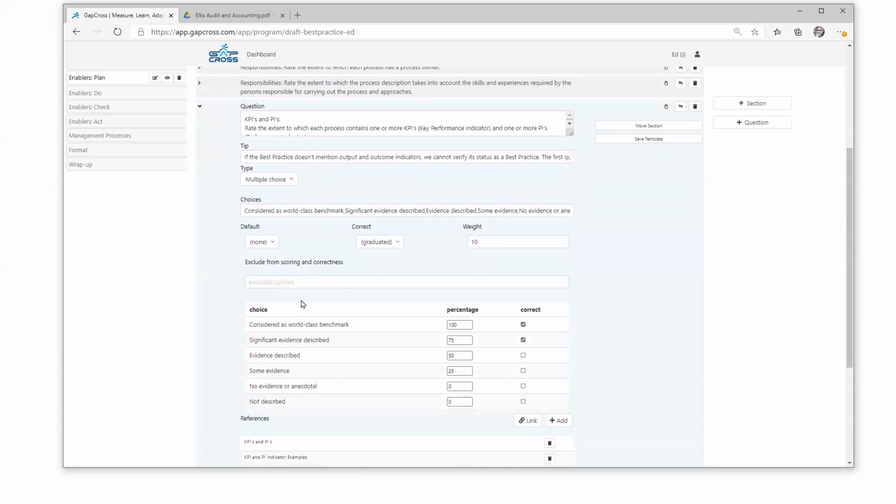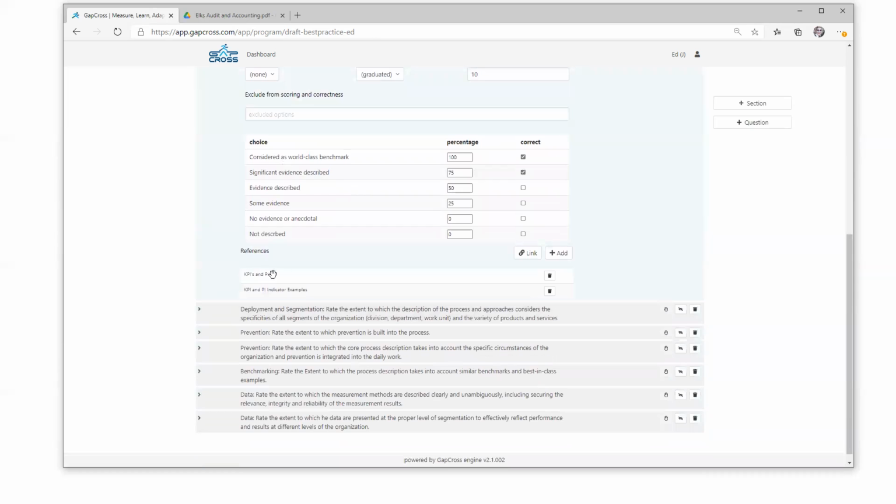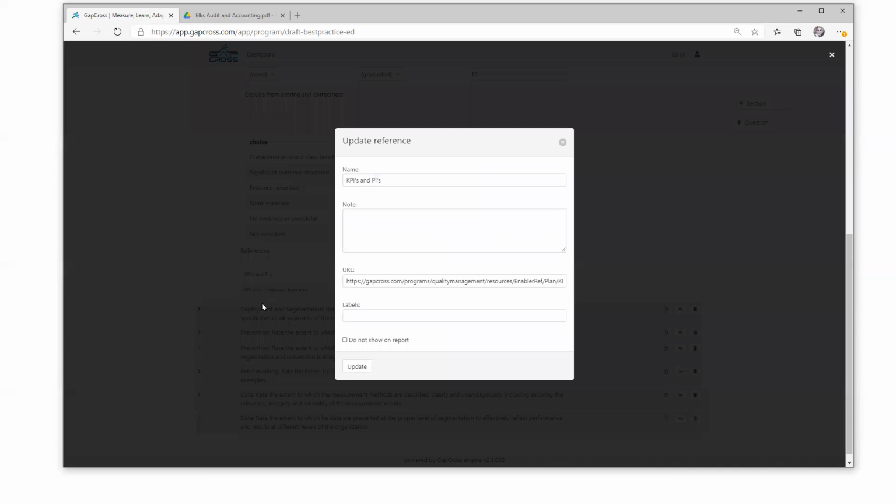Now, I'm in the authoring tool right now where these audits can be built up. So here's the question. If I change the words in the question right here and jump back out and start an assessment or audit based off of this, it's instantly updated. I can put in tips that will show up that help a user understand how do I go about answering this question. So these are short tips. If you have larger information, then you add them in as references. And these references, they have a name. You can have additional notes show up, and then the URL where that reference information or a training video or something is stored.